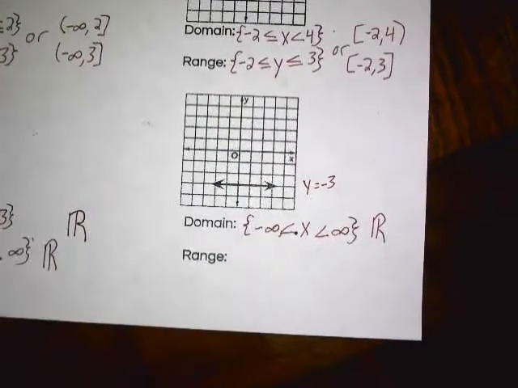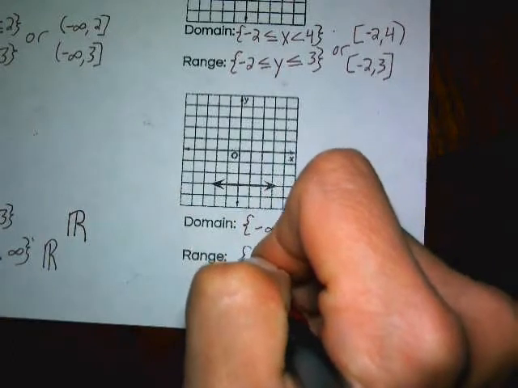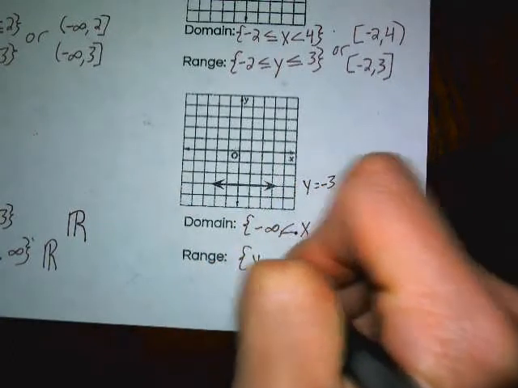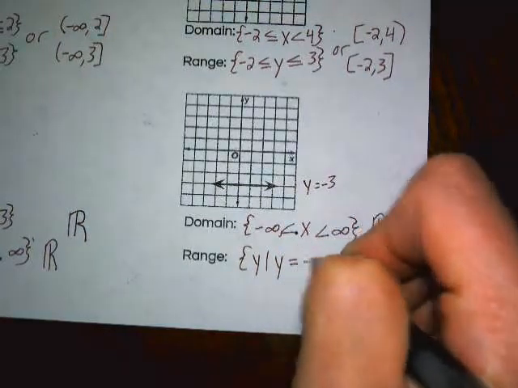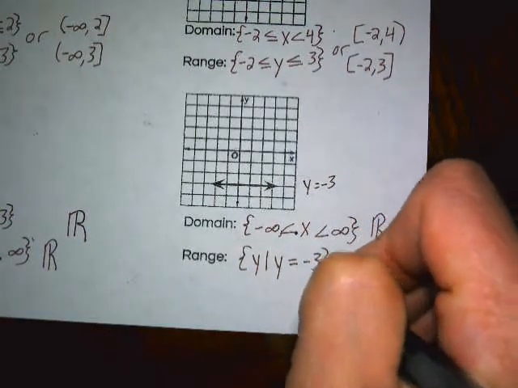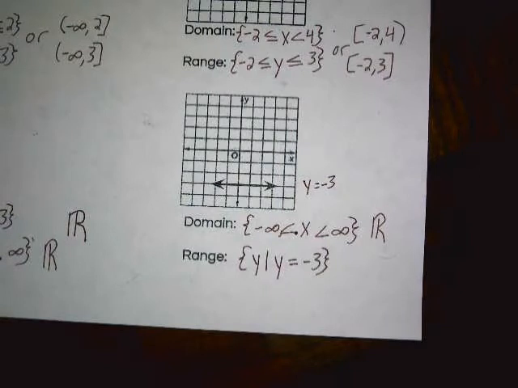And then our range is y, such that y is only equal to -3. And that is domain and range from a graph. It takes some practice, but